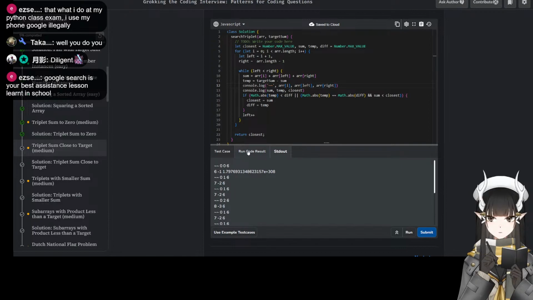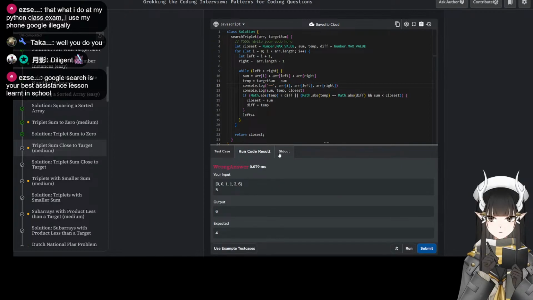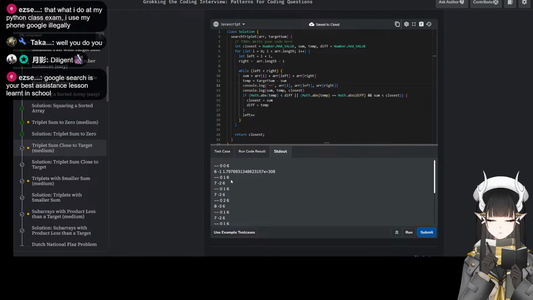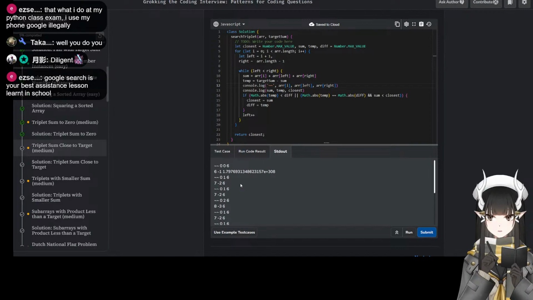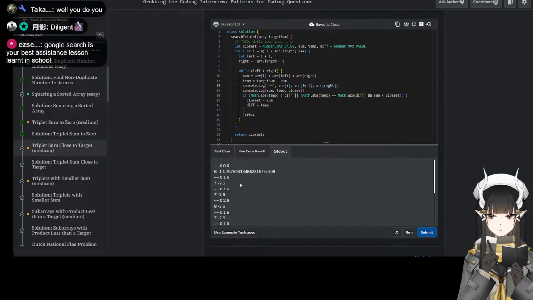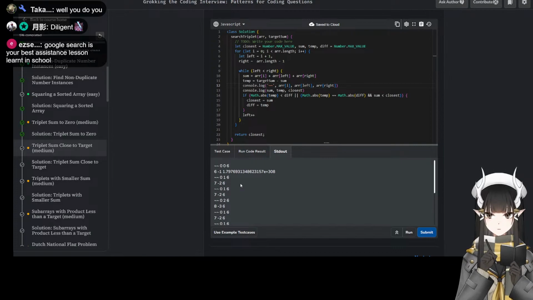6. 006. Sum is 6. The difference is -1. And we are comparing to the absolute value. So it's 1.